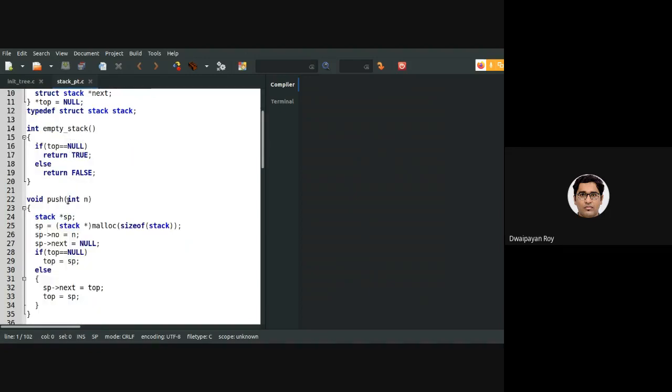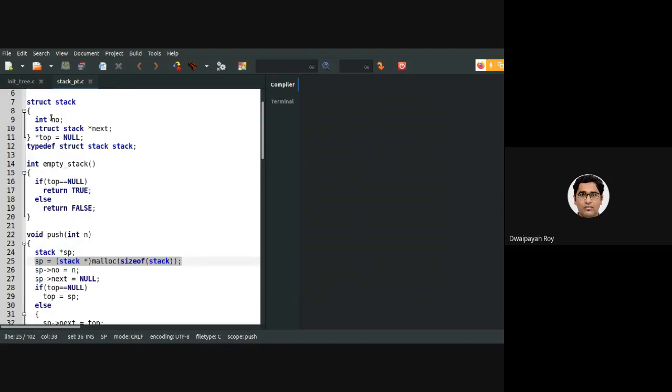In the push function, I'm pushing one integer value, and for that value one node is getting created. The number part in that node is initialized with the passed parameter n, and the next pointer is set as null, and then the top is set to the present node if it is for the first time.